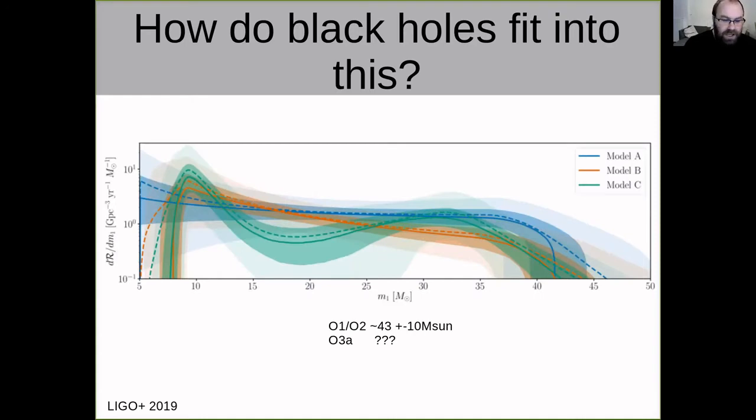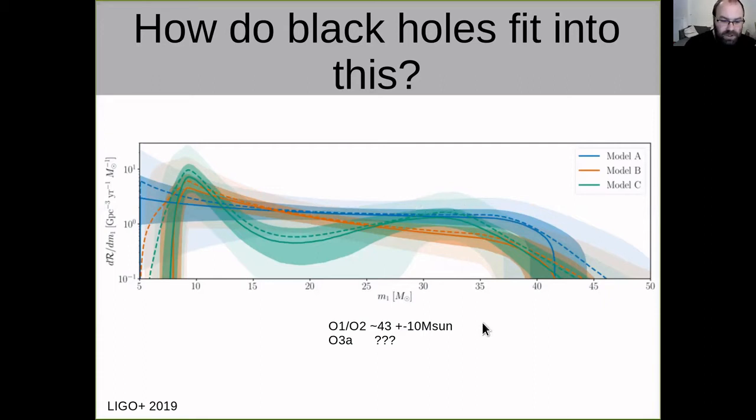What's shown here is just from the LIGO O1, O2 data, so the first 10 detections, which is basically the mass distribution of black holes with some set of fits to the population. What we want to try and do, of course, is understand the exact shape, but that's quite complicated, and there's a lot of physics going on to determine what stars make